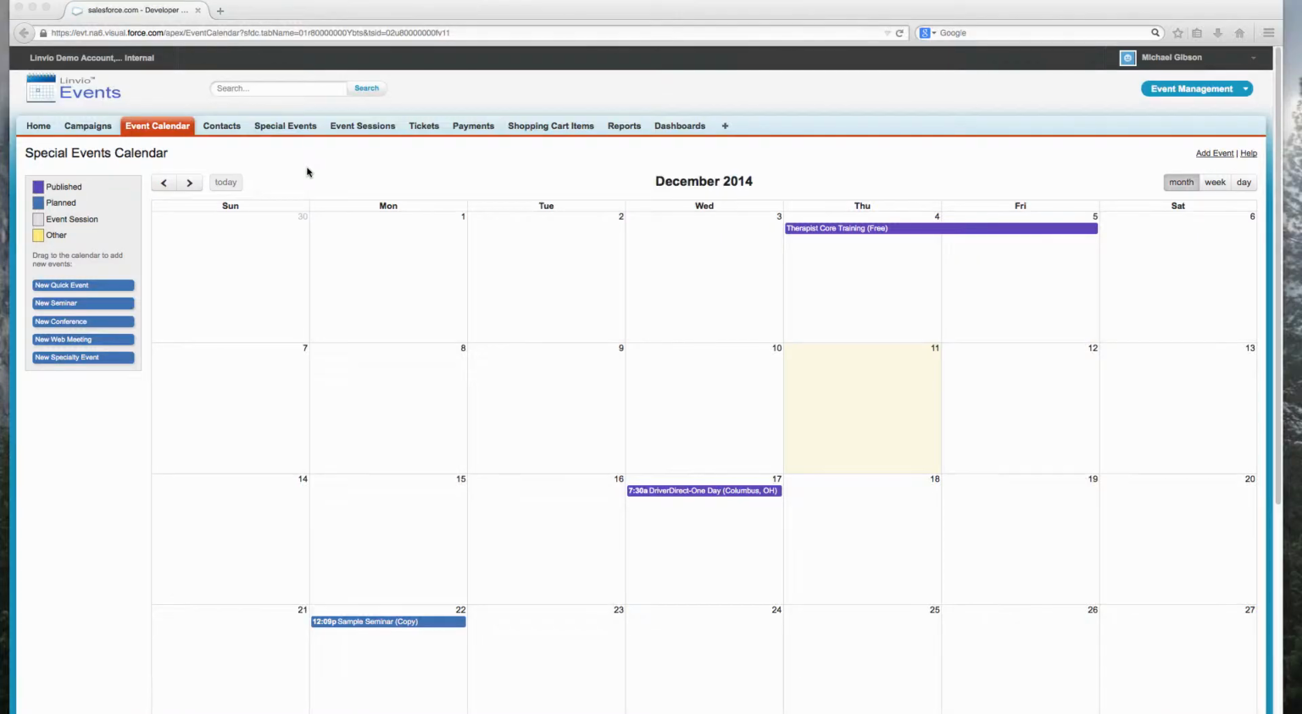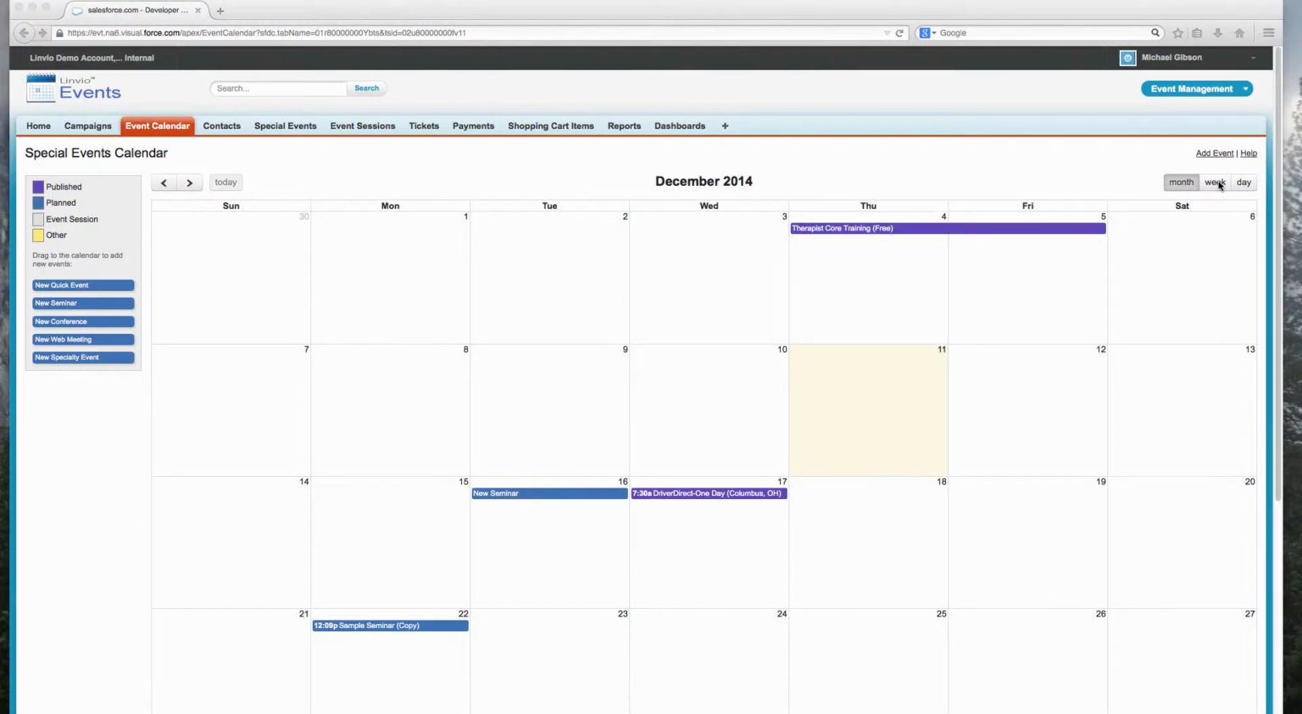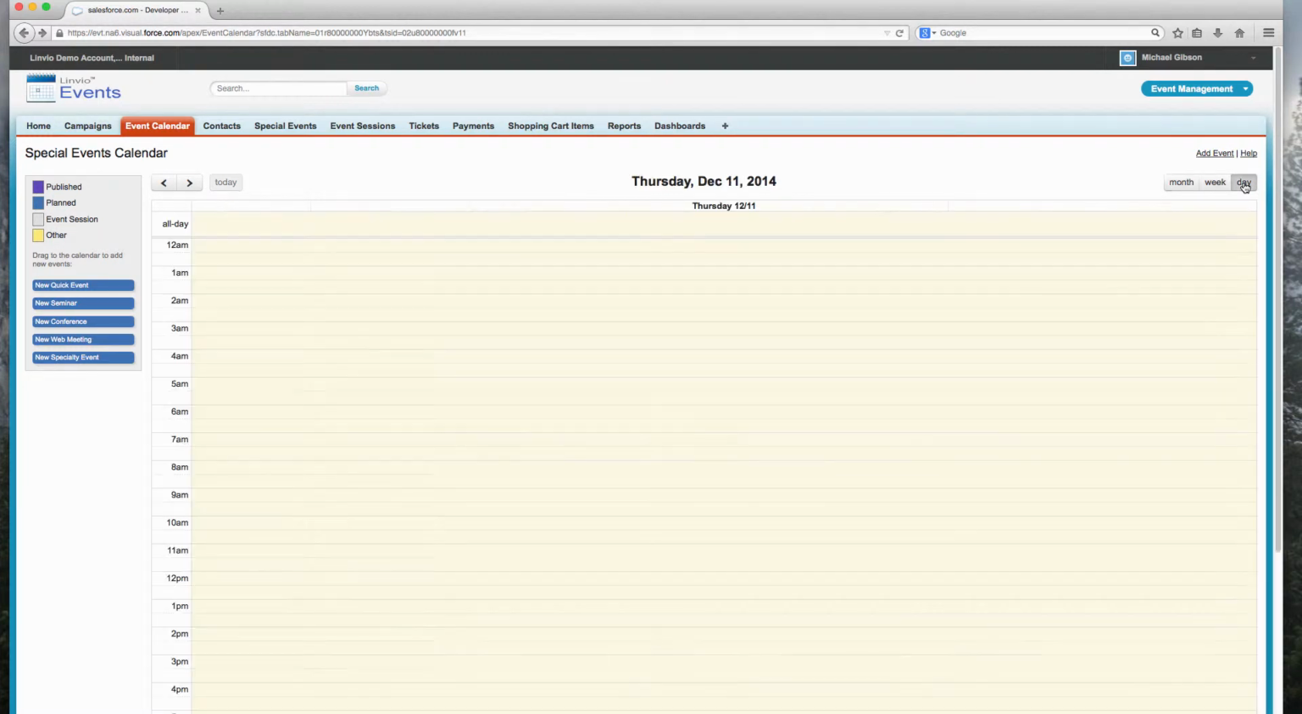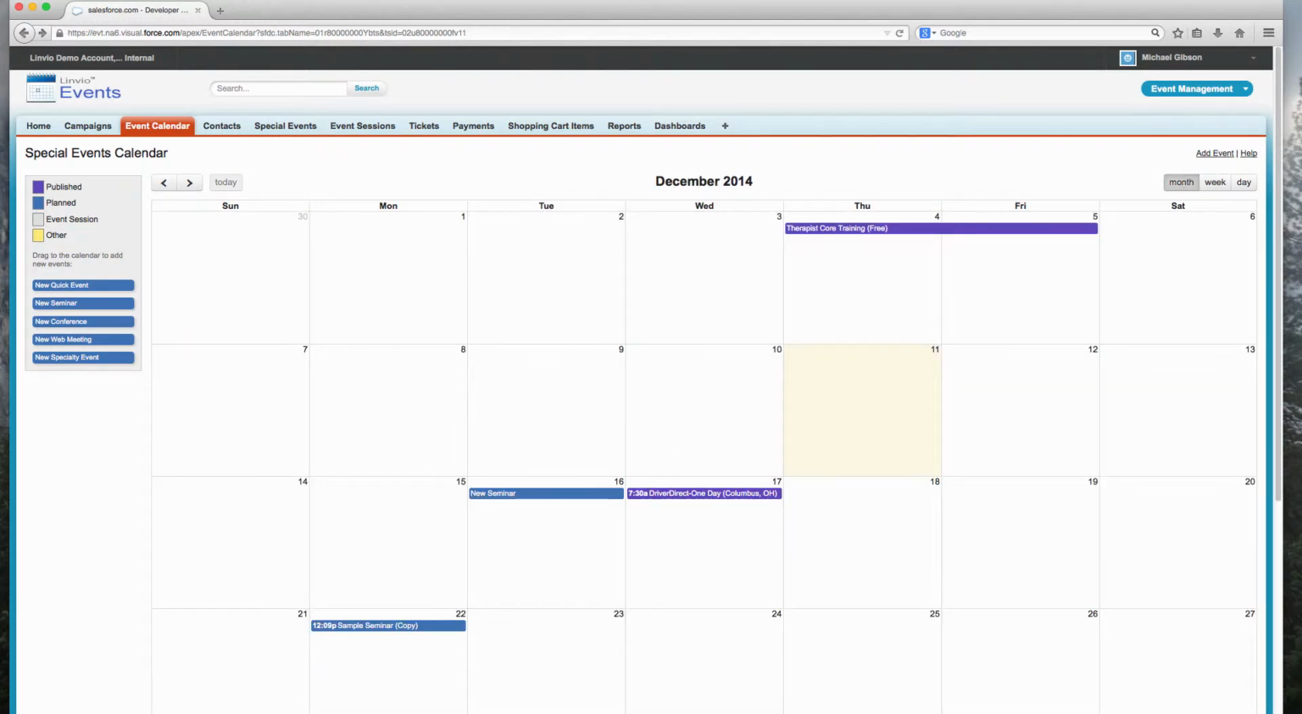Select the Event Calendar tab in Salesforce and find the type of event you want to create from the left-hand panel. In this case, we'll select New Seminar and drop it on the date of the event. Linvio Events will create a new special event record with just basic information on it. If you change it to day or week view on the calendar, you can also adjust the duration of the event. Click the name of the event on the calendar to open the event and to start adding your specific